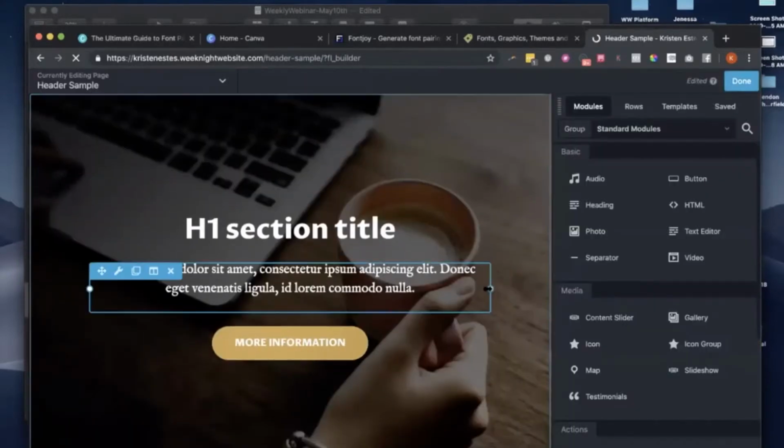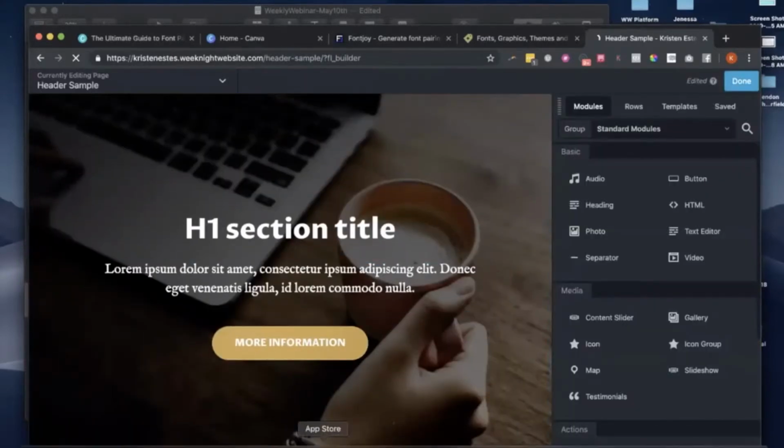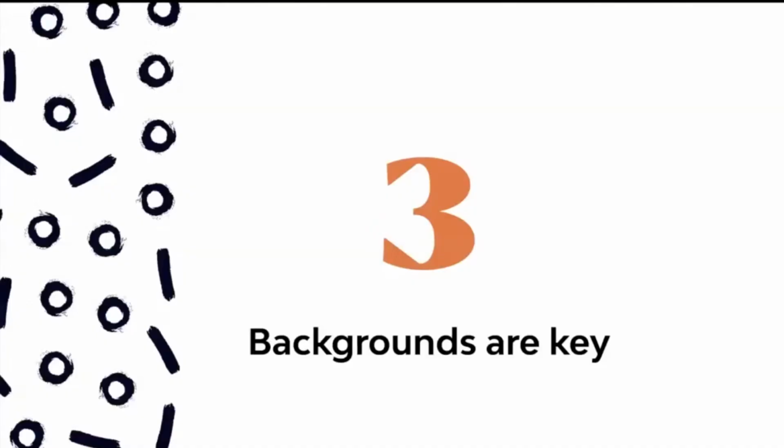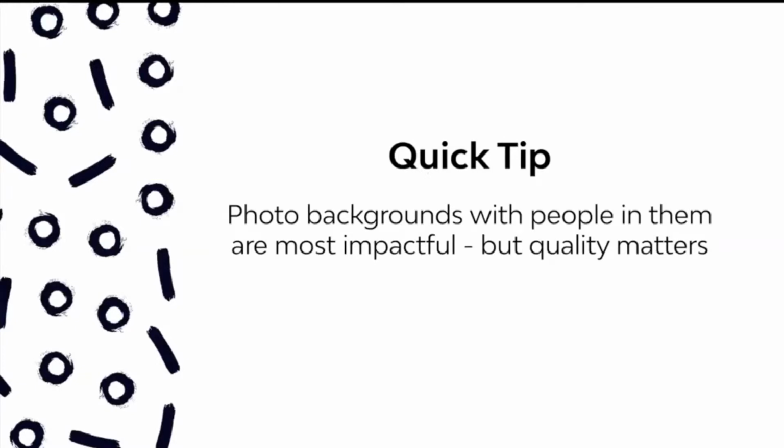The last thing that we want to do here is make sure that we have great background photos. Background photos are absolutely key. So a quick tip is that photo backgrounds, especially ones with people in them, are going to be the most impactful on the internet. If you have photos of yourself that you've had taken, if you have photos of people in your space or enjoying your art or your music or whatever it is that you do, those are probably going to be the best photos to add in your banner,